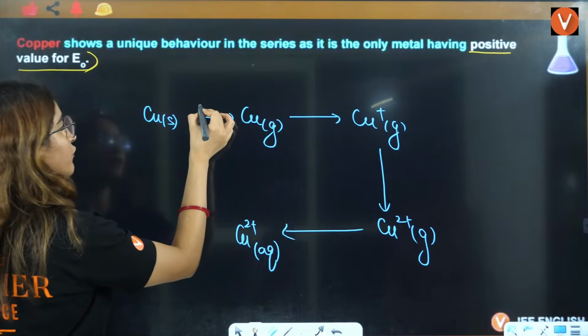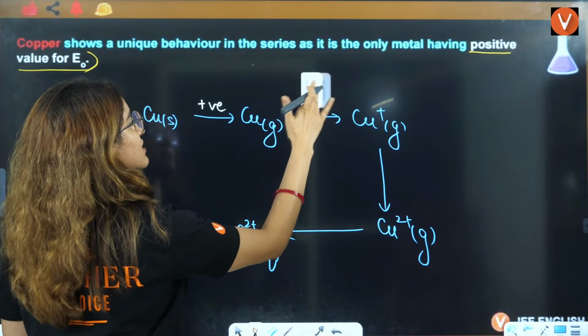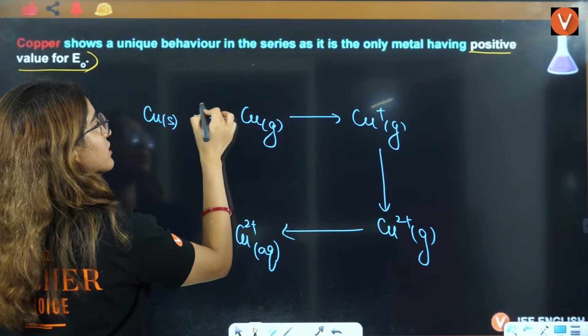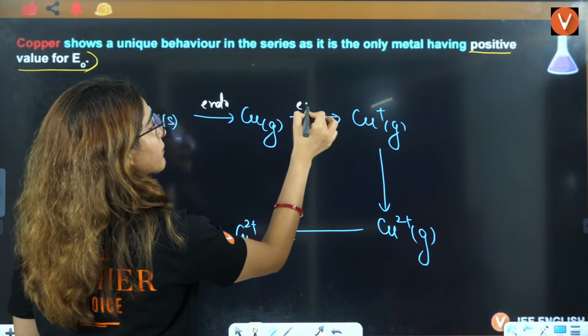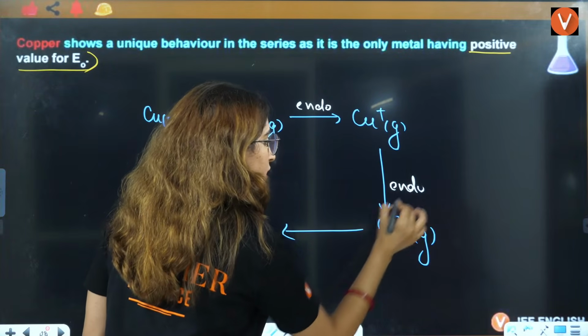Now, here we know that energy is required. You can just say endo, right? Energy is required. Here energy will be required. Here energy will be required. Here energy will be released,